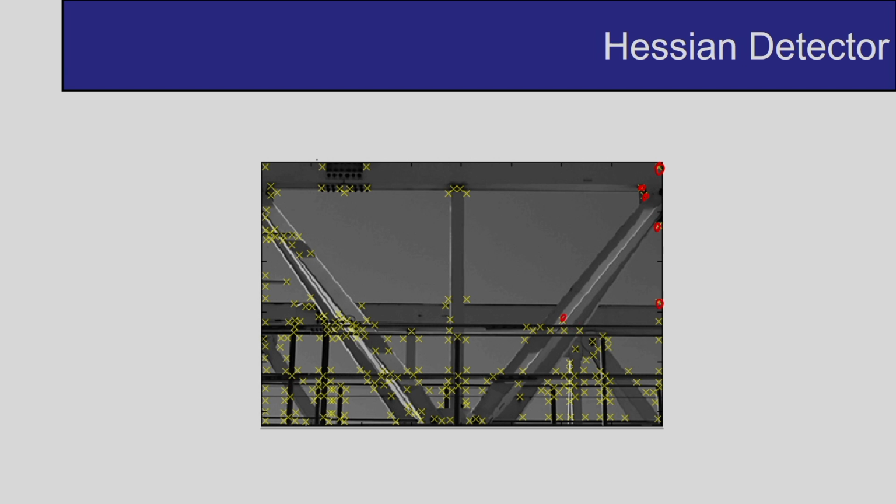So, in this class I discussed the concept of interest points, and the interest points should be robust to affine transformation and also photometric variations. With interest points I can do image matching. I have given some examples. One is stereo correspondence: I can find the stereo correspondence between the left image and the right image. Another application is image stitching. For image stitching also I have to do image matching with the help of the interest points.